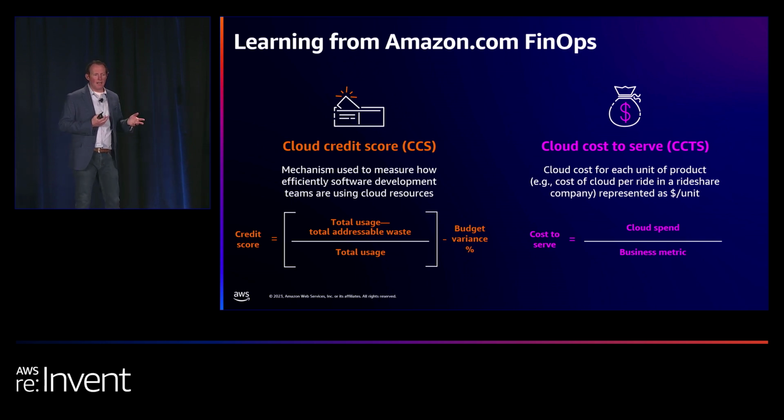So on the left side, think of this as a scale from 0 to 100. And there's three key components as you look through the equation. Utilization: how much are you utilizing? How much waste do you have? So you need to have waste identification. And lastly, how different are you relative to a forecast? So you have to have a forecast to compare to. But think about the scale.